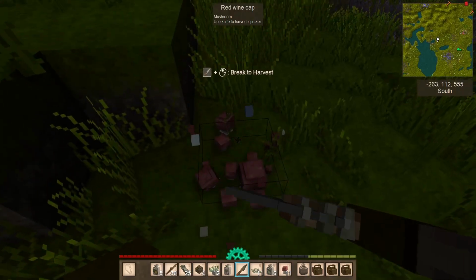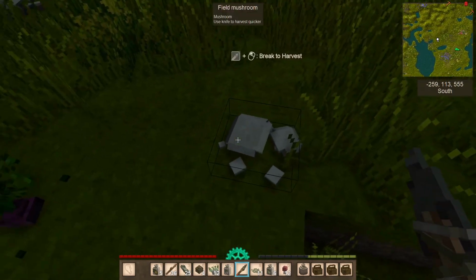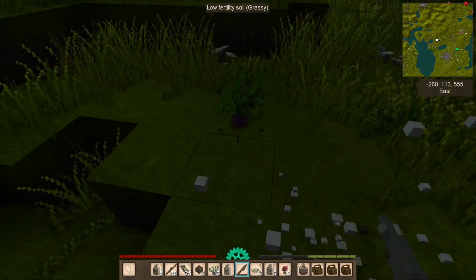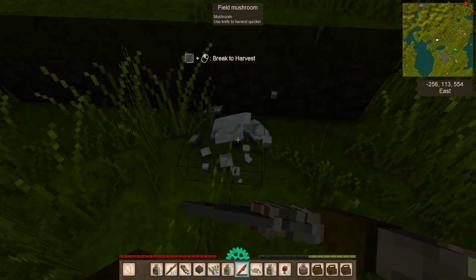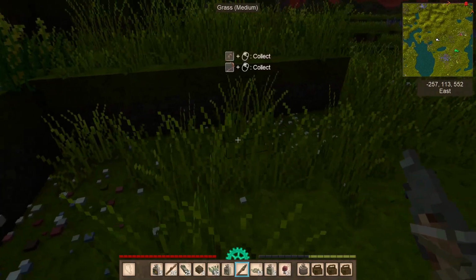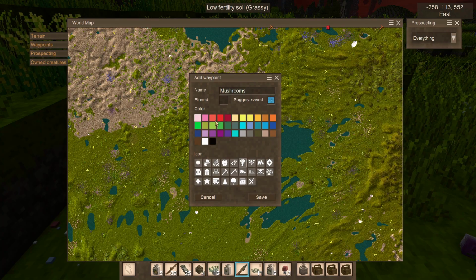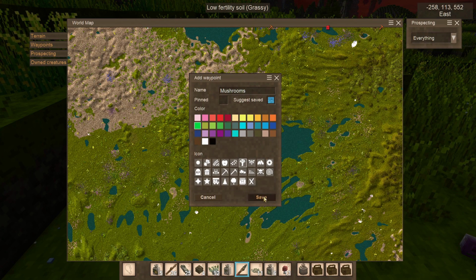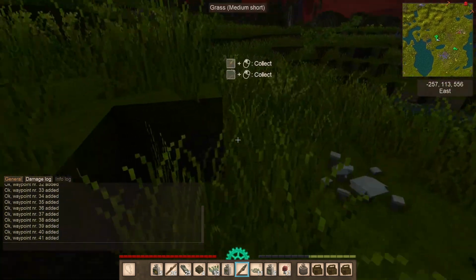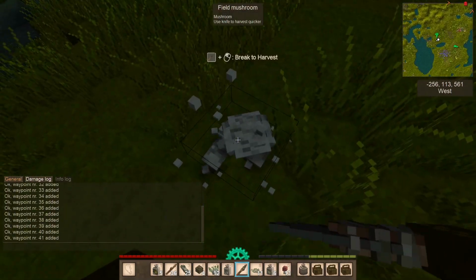Let's get more mushrooms. I don't really feel in danger of anything at the moment, so I'm okay. We'll leave that there. Actually, no, I want the seeds. Get these mushrooms. Let's mark this too. Mushrooms, green. Save. Just a ton. We really need to...